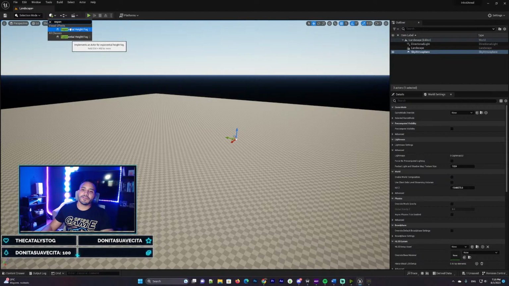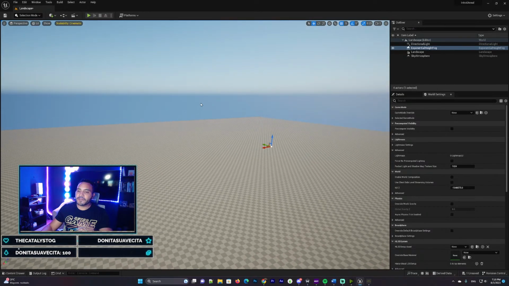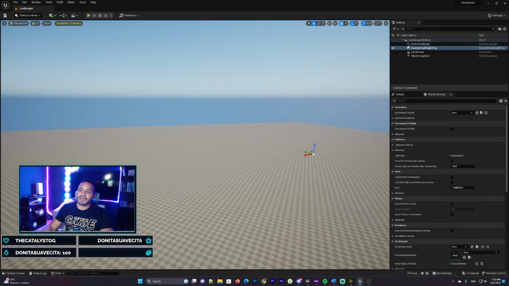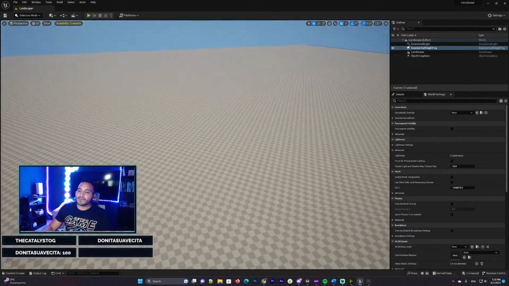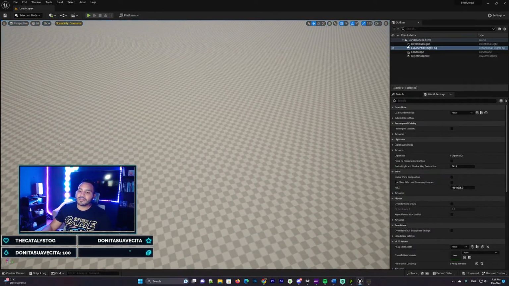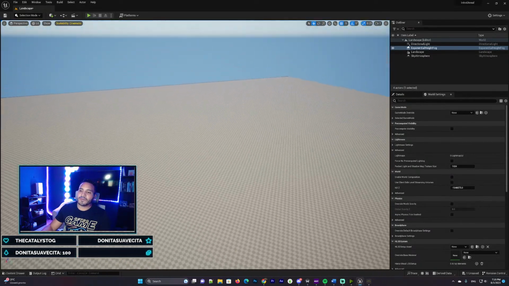So if we drag an exponential height fog effect over here, it's going to get rid of the black void we had over there. So that's how you fix that. And then we have a basic level over here,